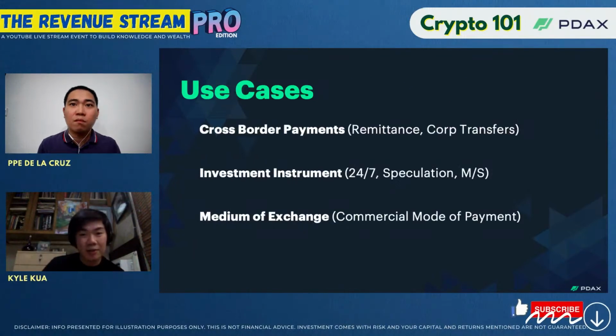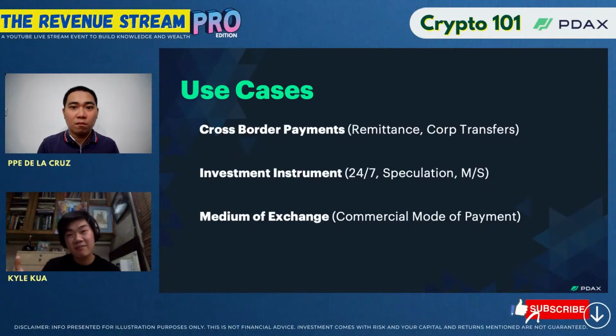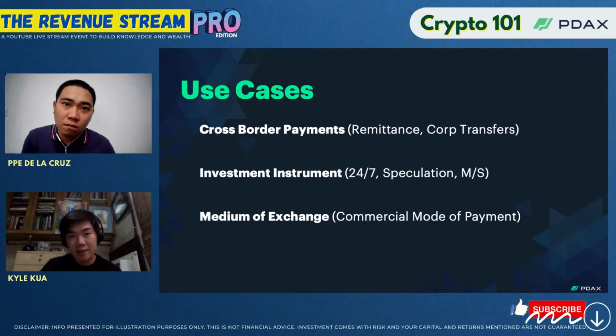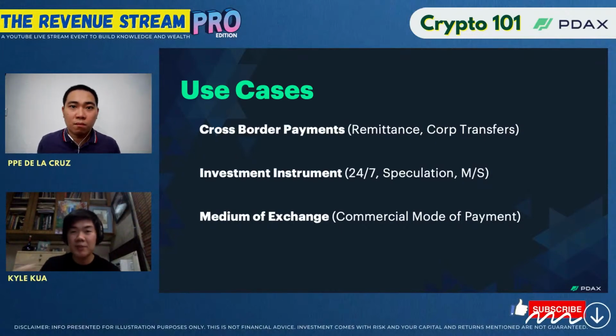Right? There are these 3 uses. Cross-border payments, as for remittances or corporate transfers, is big because if you use, for example, Swift, which companies usually use, it normally takes T plus 2 days to be settled. Some cryptocurrencies could take a couple of minutes, and the fees are much less. Then there's investment